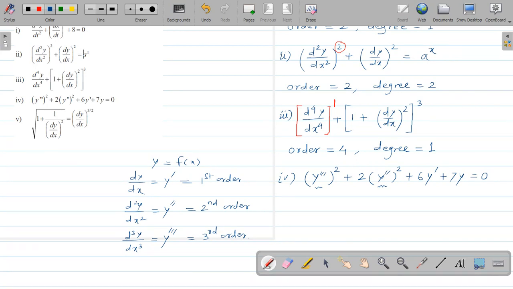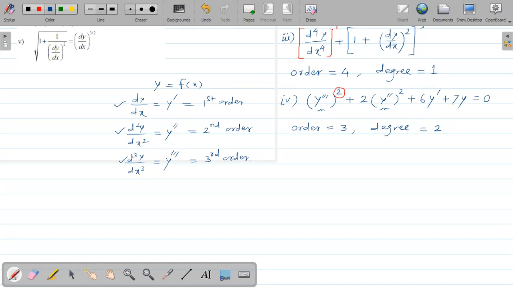This is the third order derivative. This is y double dash means second order derivative, means actually it is d square y upon dx square. Y dash means dy by dx. Now see, there is no any fractional or negative index. So order, that is highest order, here it is y triple dash. So the order is 3. And degree means it is the power of highest order derivative. Now here this is the power of highest order derivative and it is 2. So the degree of this differential equation is equal to 2. So see all these symbols, and then you can write the order and degree of this differential equation also.